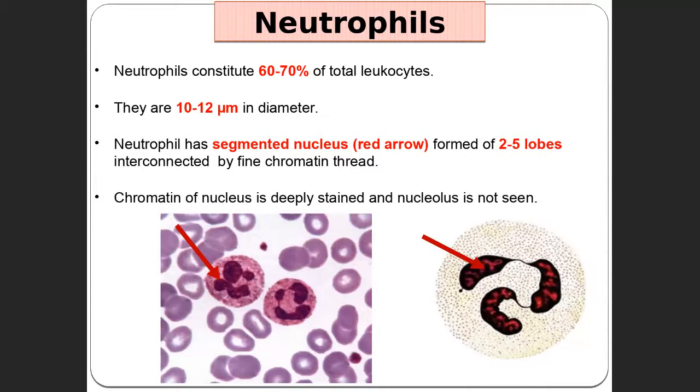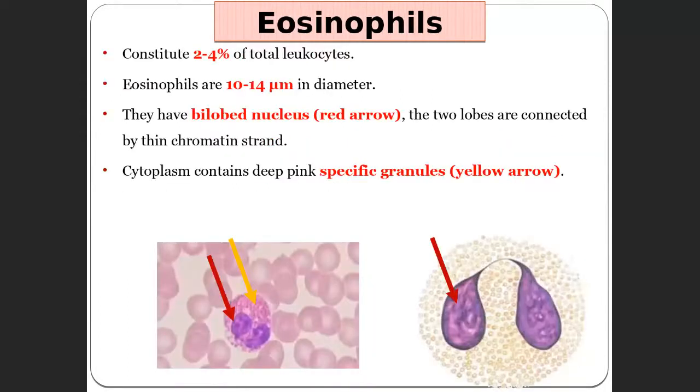So we may focus on this cell, we may point the arrow, we may ask what type of cell it is, how many lobes it has, what is the percentage, and what is its function. We may ask you like this in the exam. So you should know. Eosinophil, 2 to 4% of total leukocytes, 10 to 14 micrometer in diameter, its size, it